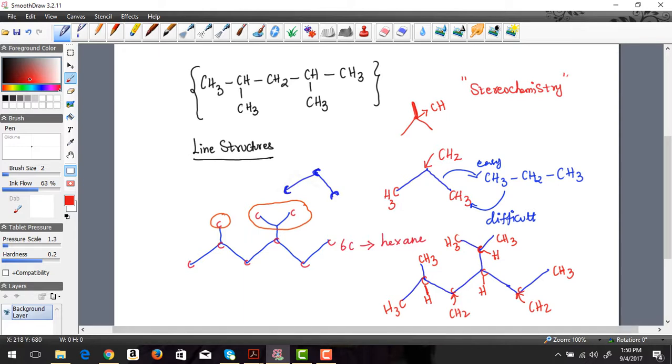So if we go back and draw this entire compound out, you don't need to write it as a straight chain, you can just write it the way it looks. So it's CH3, CH, CH3, CH2, CH, CH, CH3, CH3, CH2, and CH3. Now we do know our carbon, I'm going to write the name here, sorry about that,